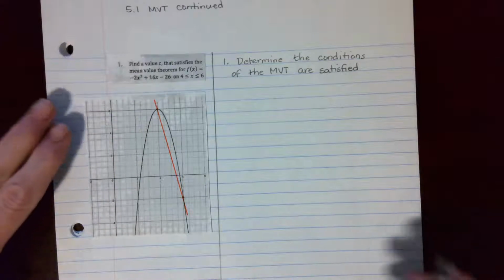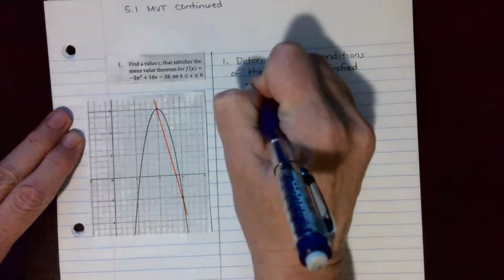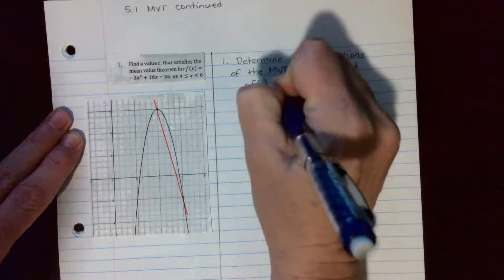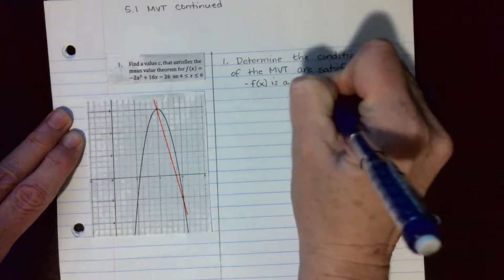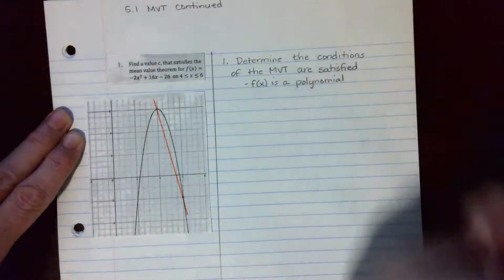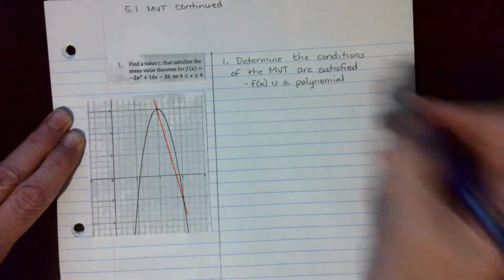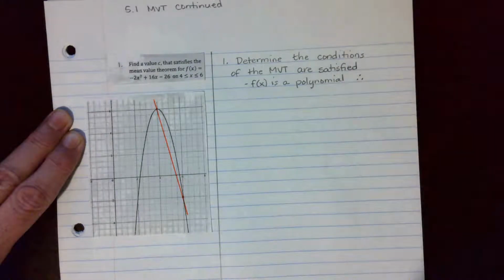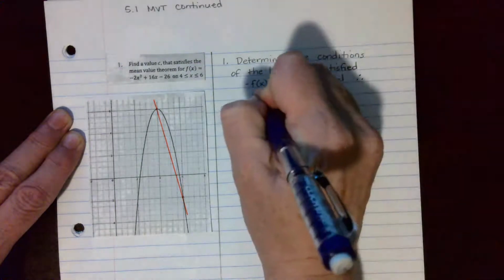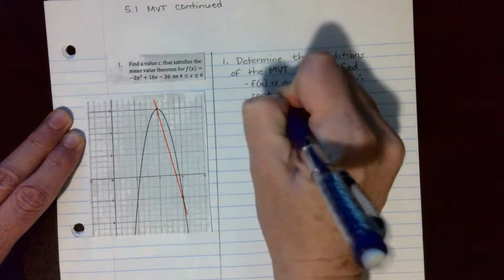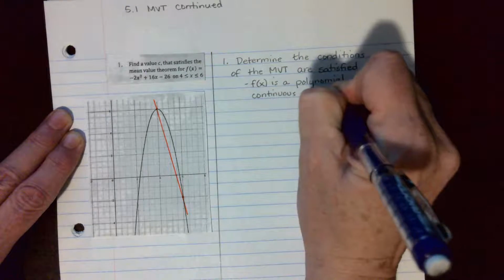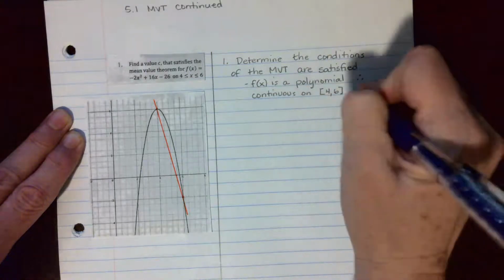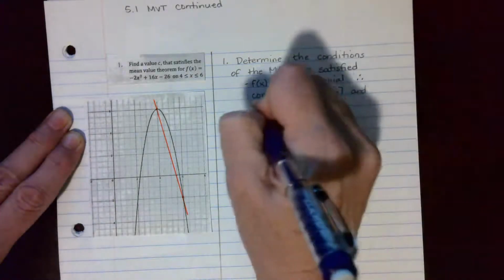So normally you just have the function, but we're going to say, all right, f of x is a polynomial, and so we know that it's smooth and continuous, so we're going to say therefore it's continuous on [4, 6], and differentiable